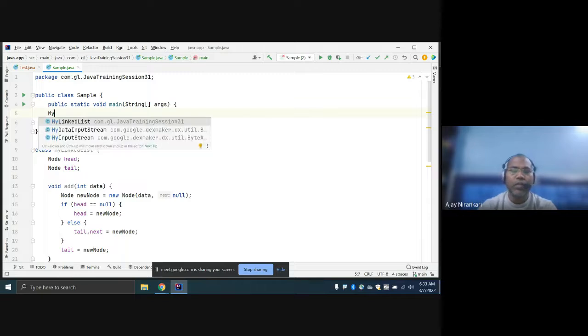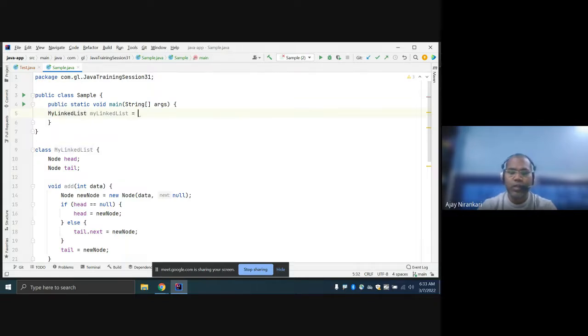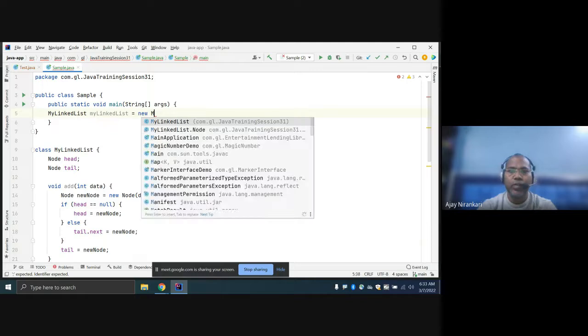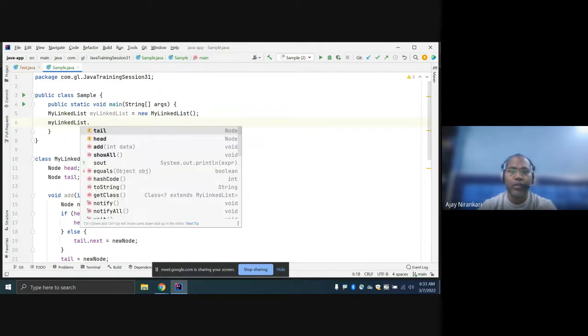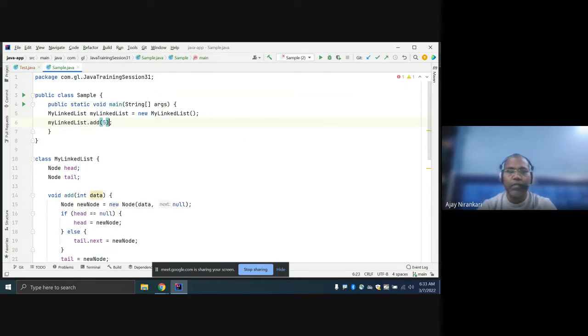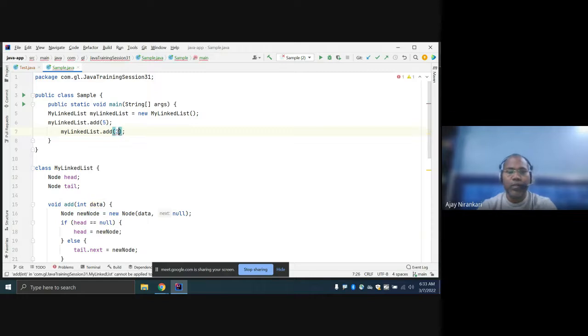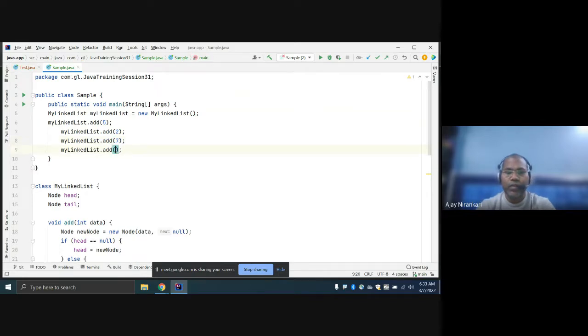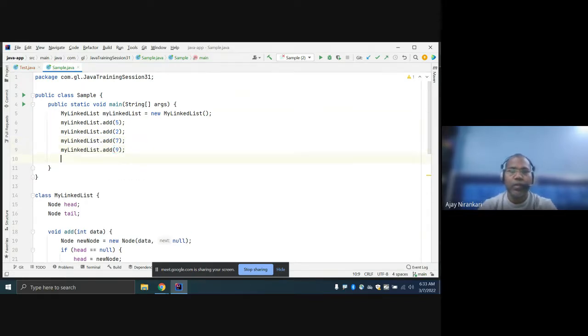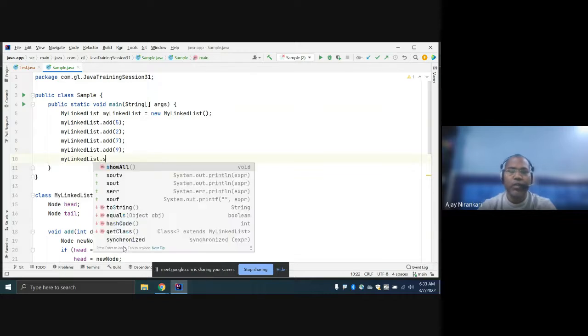Just create my linked list equal to new my linked list, and just say my linked list dot add 8, let's add 5, 2, 7, 9. Okay, and just say dot solve.